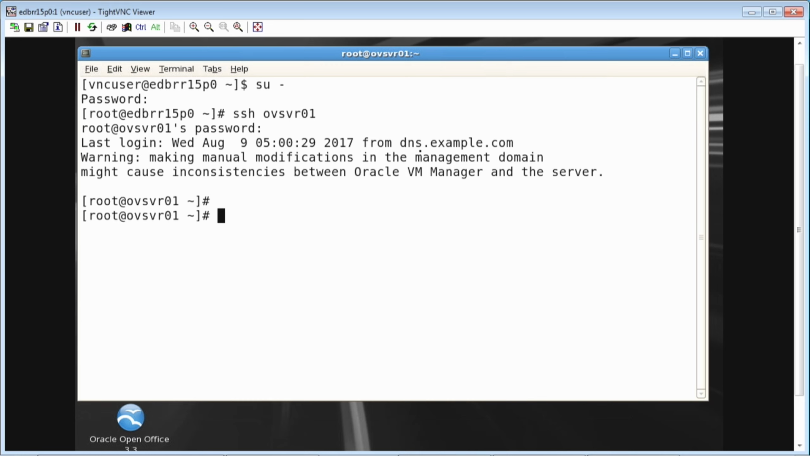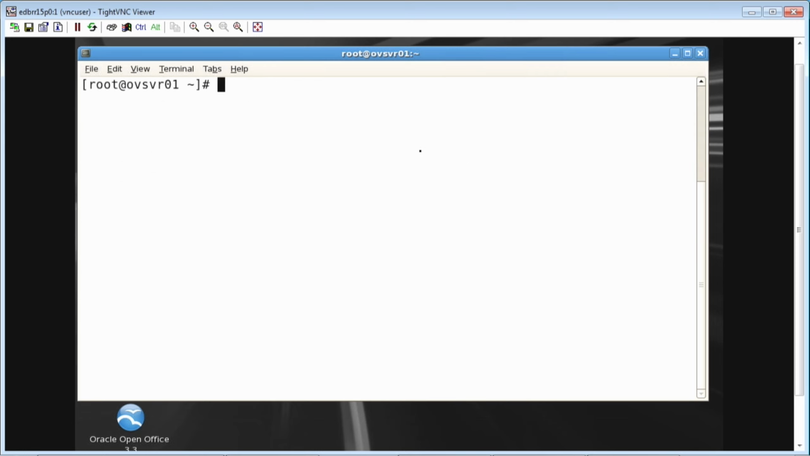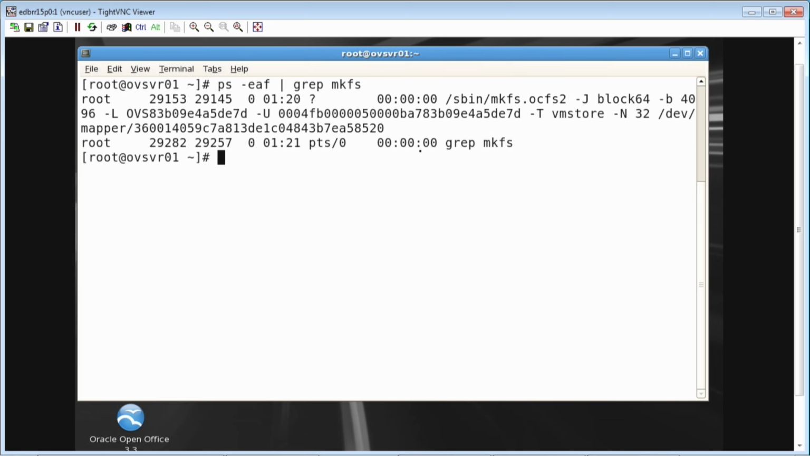We use the ps command piped to the grep command to find and display the mkfs.ocfs2 process running on obsvr01.example.com. With Ctrl+L, we clear the screen, and run ps -eaf | grep mkfs. You get this output, and now we use the exit command to terminate the SSH session to